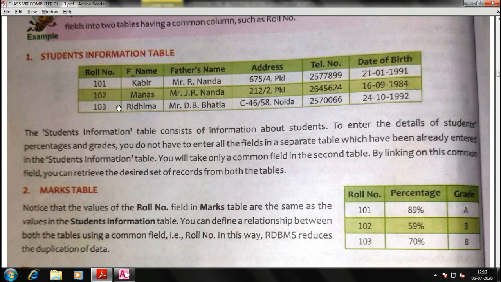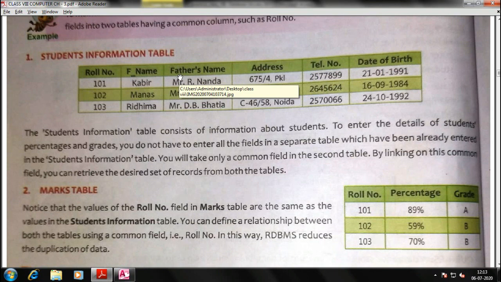Okay, so I was telling you what is the difference between underscore and space. So see, this is roll number. ROLL is one word and number is the second word. Similarly F underscore name. Underscore is basically helping us to create two words into one word. That means F was a letter, a kind of a word, right?